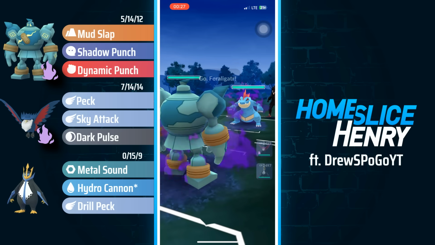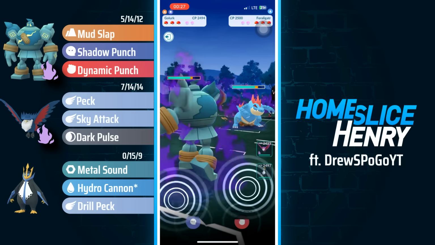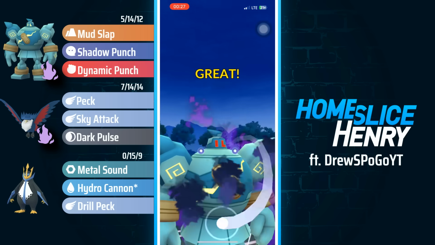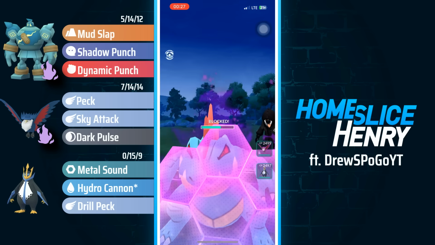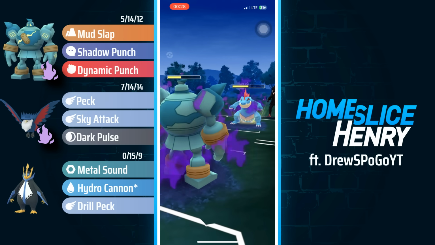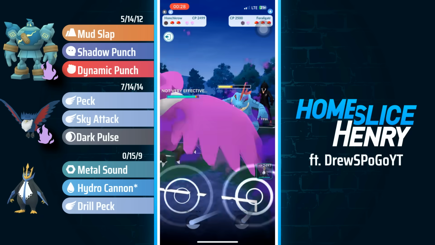Hopping into the next match, leading Shadow Golurk. Oh, very bad lead into Feraligatr. Now this is going to be very tricky, as Feraligatr obviously has a pretty significant pacing advantage. Golurk will throw on alignment, because if Golurk tried to throw in good timing, then Feraligatr would have been able to force a first shield. So Golurk is actually just going to fully sacrifice itself, taking the shield advantage for the back line, and